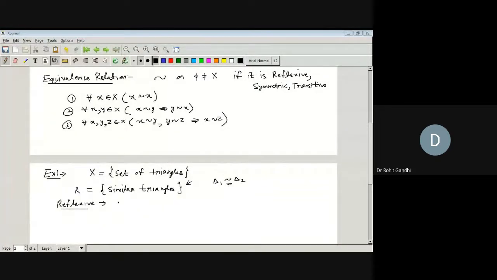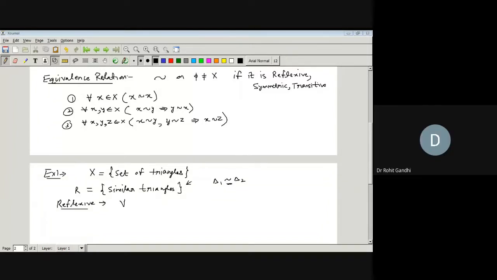So what can you say? How many of you say that this relation on this set is reflexive? हाँ जी सर, बताएंगे जी. Yes, 7, 8 raised their hand. So I call Payal Mahatre. Yes, sir. It is reflexive, because every triangle is similar to itself.